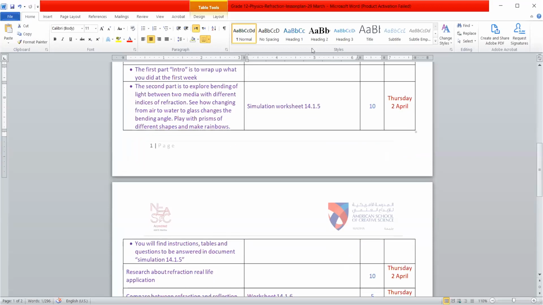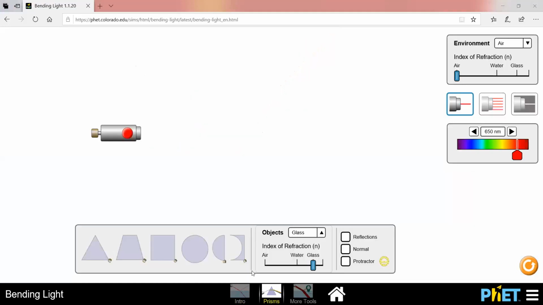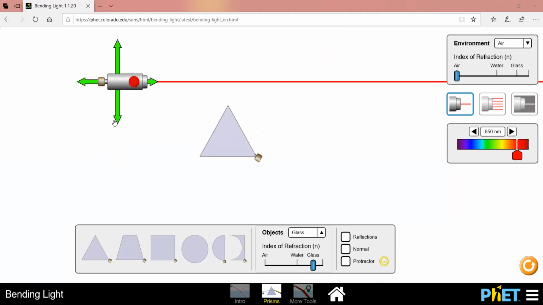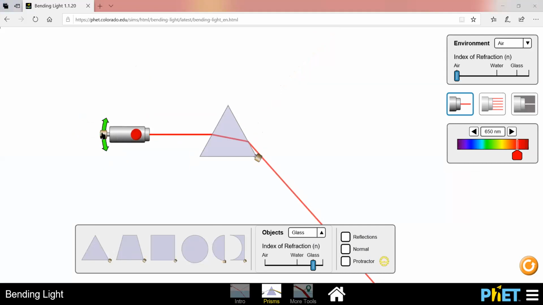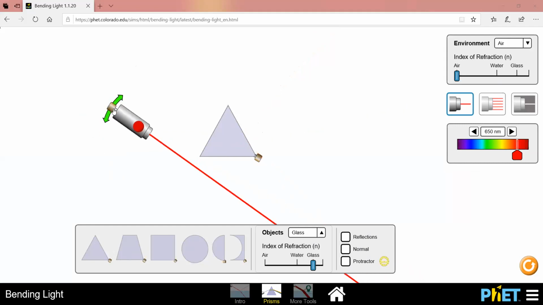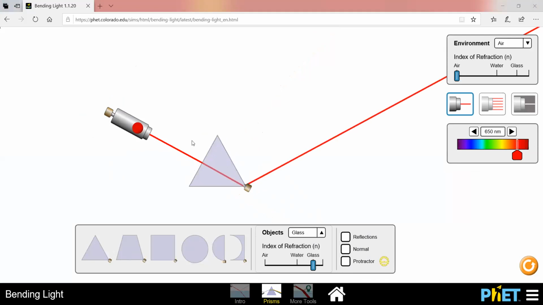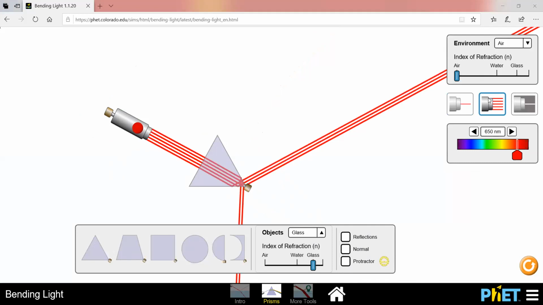Let's go back again to here. Click on prisms and you will find different shapes of prisms. Use any of them. Click on the source of the light to have the beam. Again, you can change the location up and down. You can change the angle here to see how it will be changed through the prism. You can change the environment, the color of the light, the wavelength, and you can change the type here